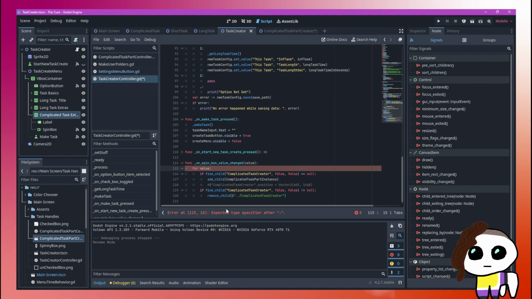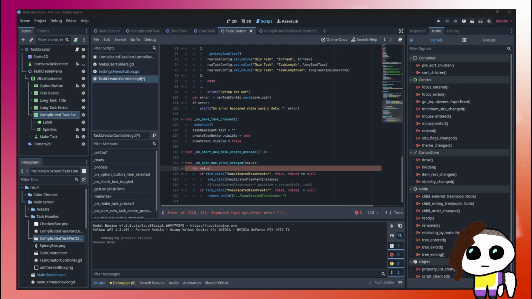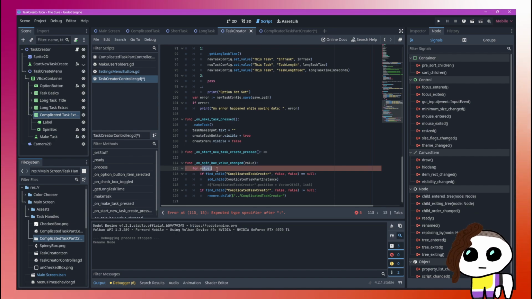For value expected. How would this work? For a value